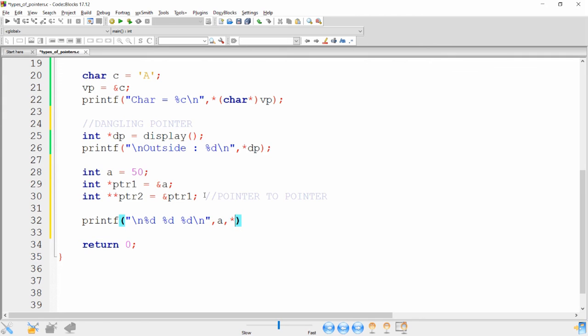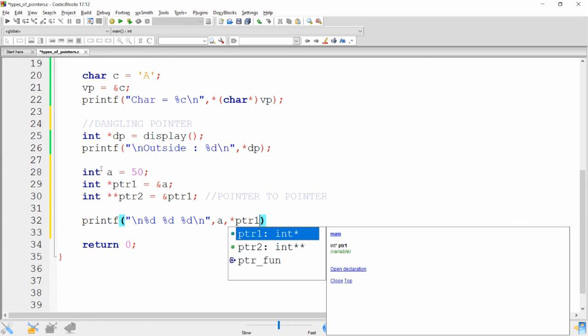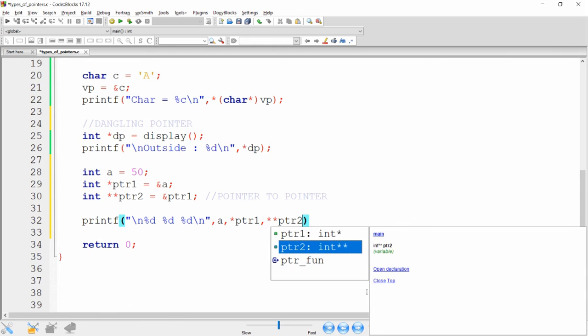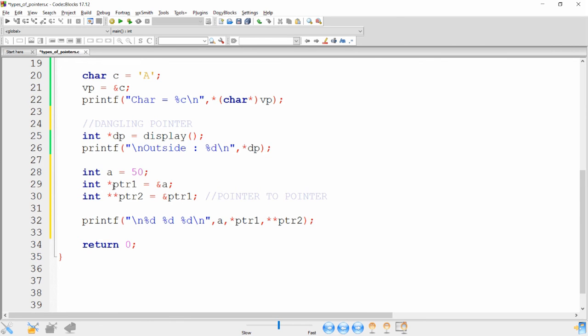Whenever you write *ptr1, ptr1 points to the address of a. At the address of a, the value 50 is stored. So whenever you write *ptr1, it will print 50. And whenever you write *ptr2, what will it do? It will point to the value that is available in pointer 1, and pointer 1 has the address of a.